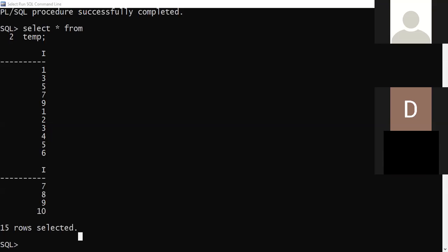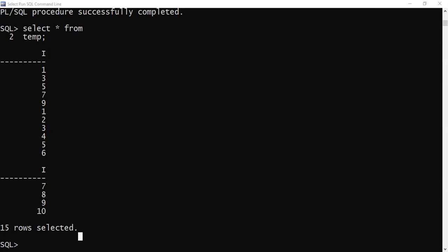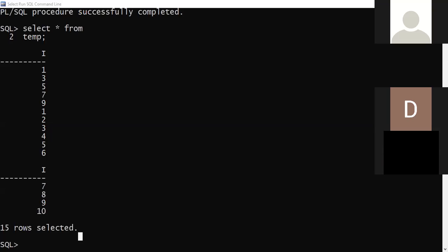I'm just copying it from another screen. The only problem is whenever I copy, I have to remove those line numbers, otherwise they will give an error.